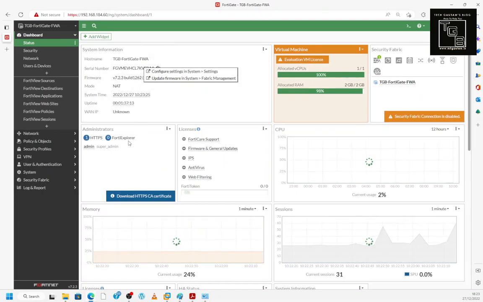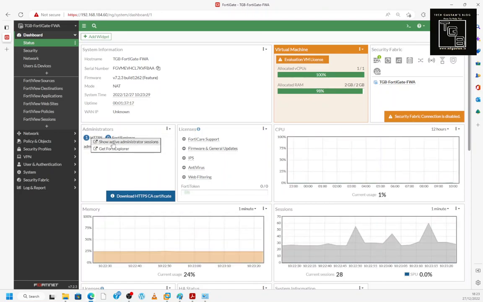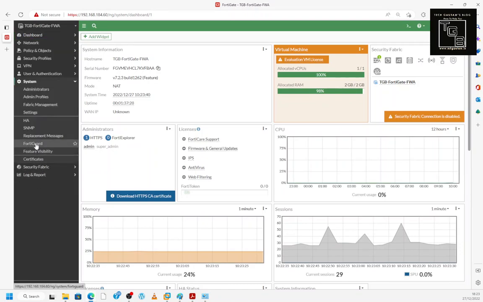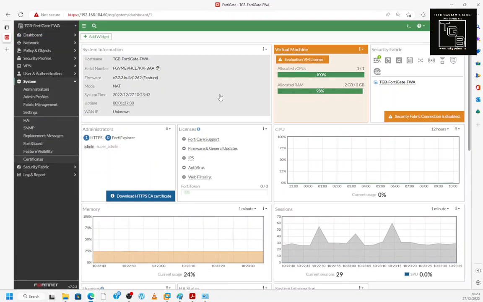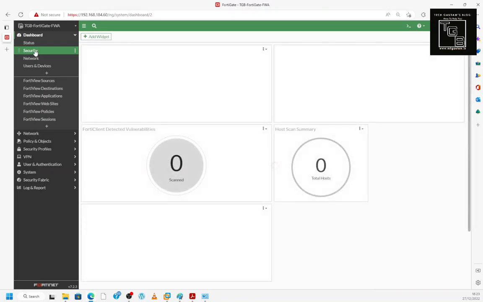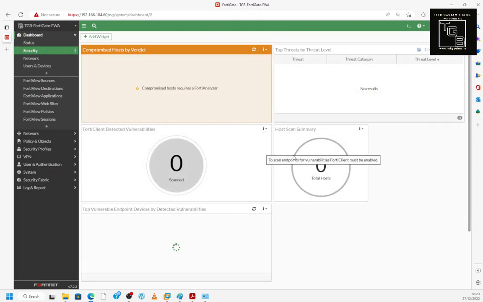The same way, if you go and click here, see it's not giving a pop-up. It says only show active and get FortiGate Explorer. Click here, view details in system, FortiGuard, system and FortiGuard. So this will also work as a shortcut for you. Thus under dashboard, the second tab is security, which gives you the overall idea of your security related to the